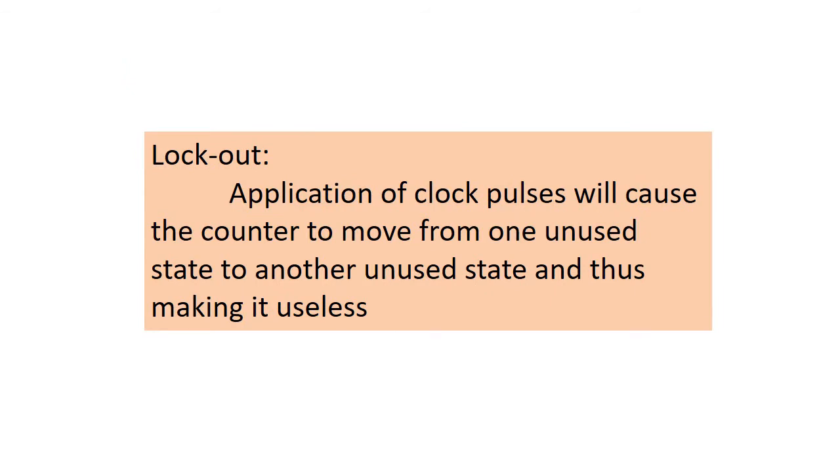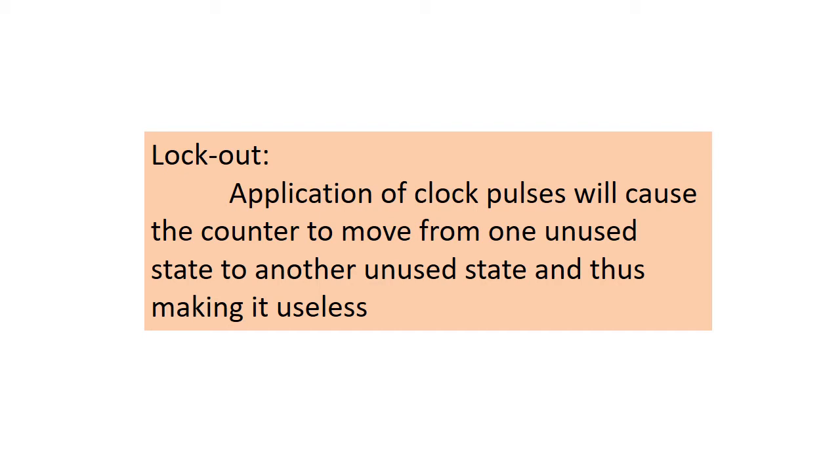A counter may have a shortened modulus. This type of counter does not utilize all the possible states. Some of the states are unutilized or invalid. A counter which goes through all the possible states before restarting is called a full modulus counter. A counter in which the maximum number of states can be changed is called a variable modulus counter. The final state of a counter sequence is called the terminal count.